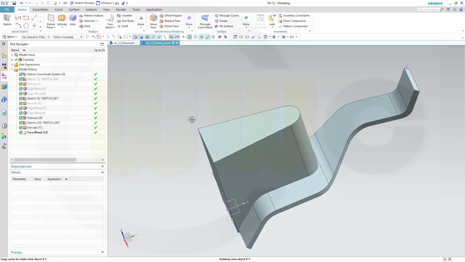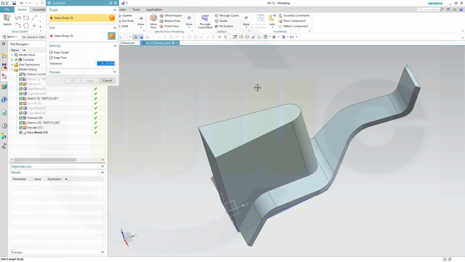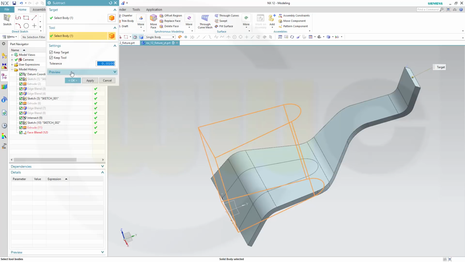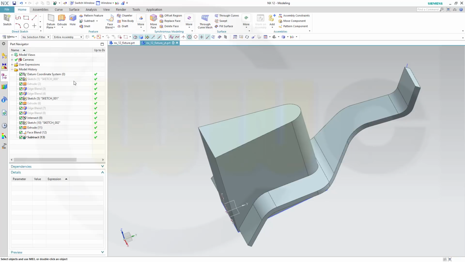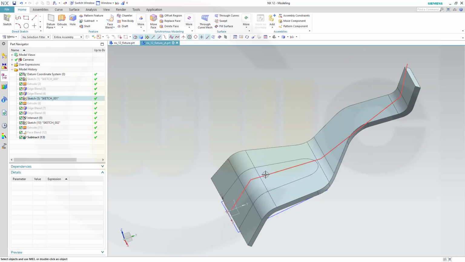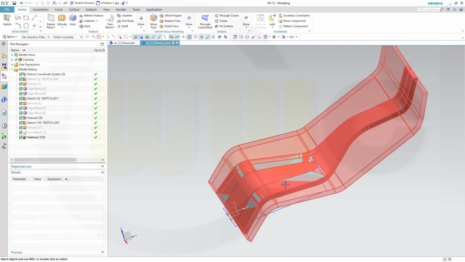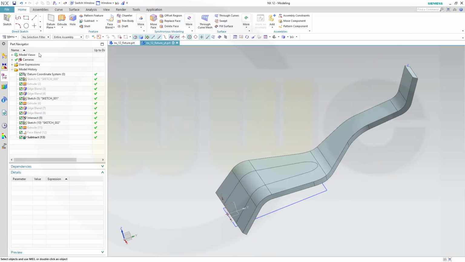Now I want to subtract this one from that body. So go for subtract. That's the target. This is the tool, and again keep target, keep tool, and confirm. Let's hide this one, and let's hide. Yeah, let's switch to our